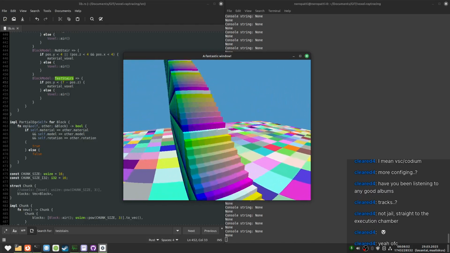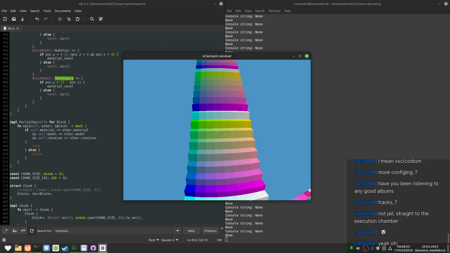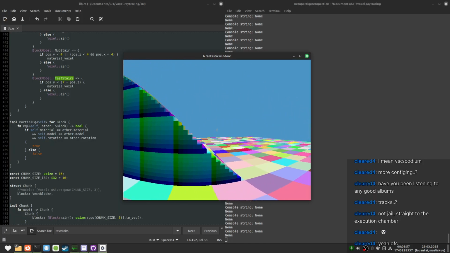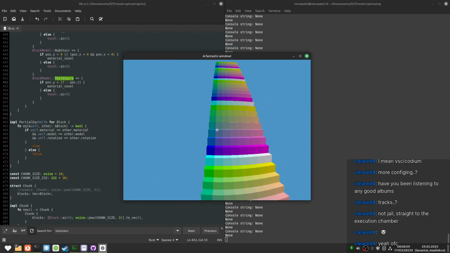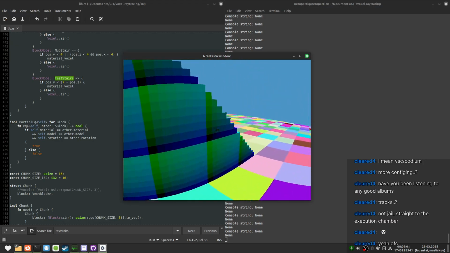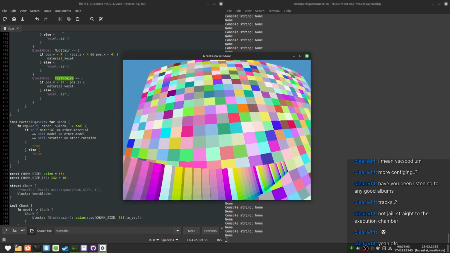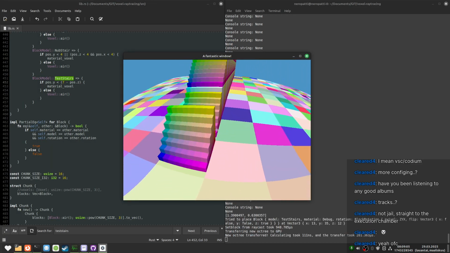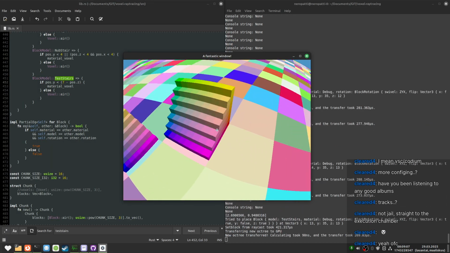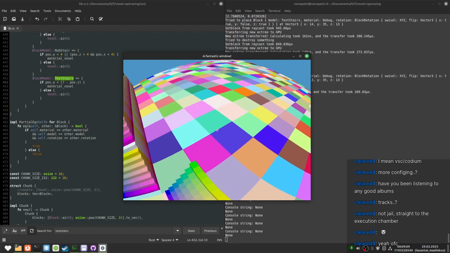The stairs are a lot smoother. But they're still not entirely correct, I would say. And also I don't know if I like this look.